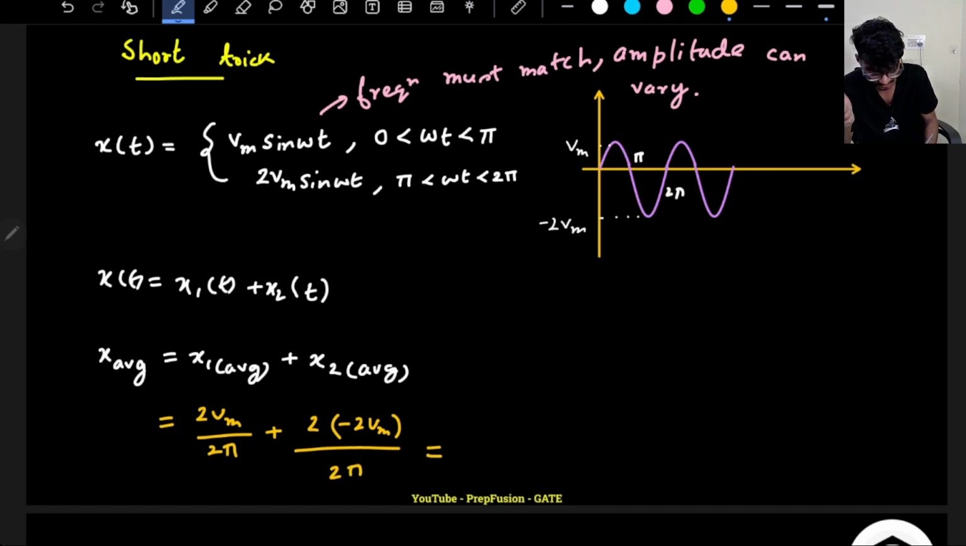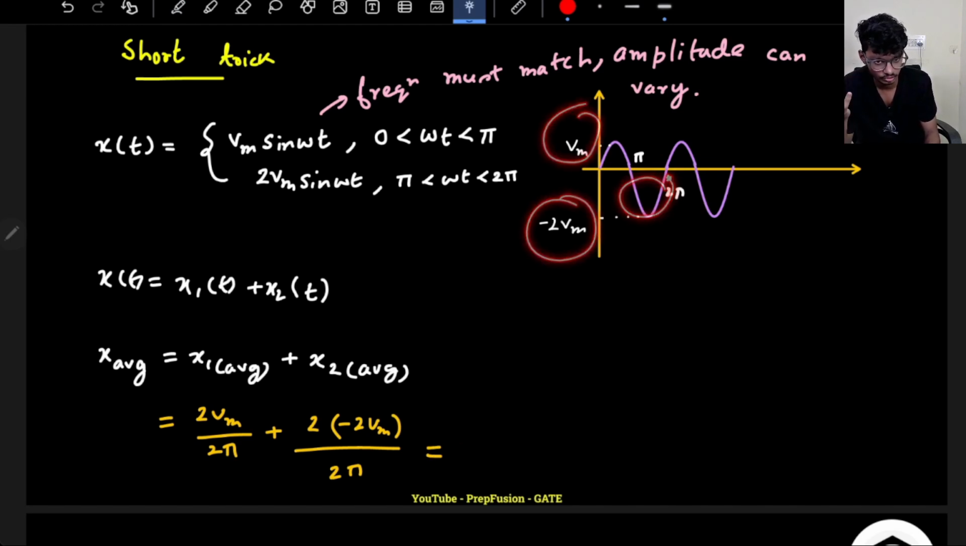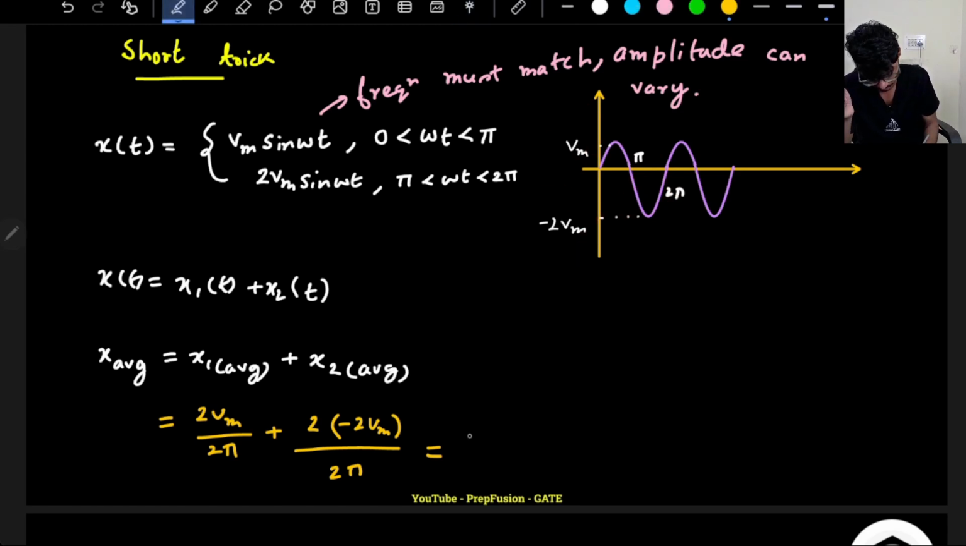So ultimately your average value comes out to be something negative, which is understandable as well, because in the negative time period, the peak value is higher than in the positive period, right? Of course, the area will be totally negative. Minus 4 Vm by pi, 2 Vm, Vm by pi,